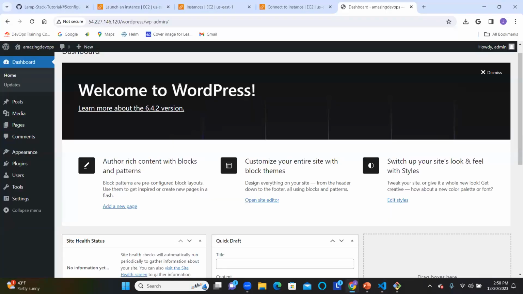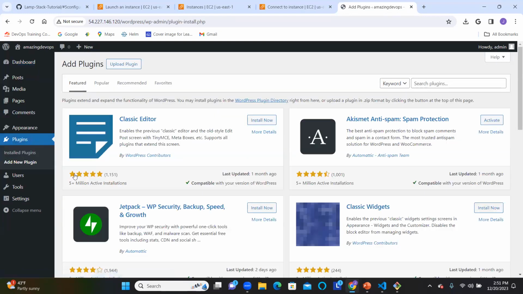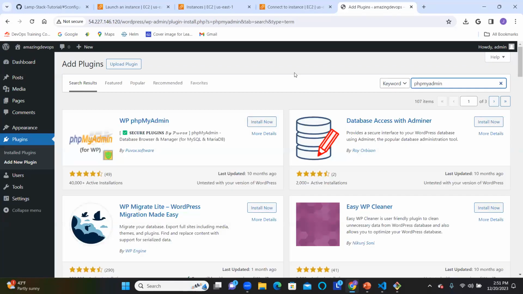So we're going to come back here, and in the WordPress admin, I want you to come carefully to the plugins. In the plugin section, there is installed plugins, but I want us to add a new plugin. Good. In this section, I want us to search for a new plugin called phpMyAdmin. Enter, and there it is. Now, what you need to do